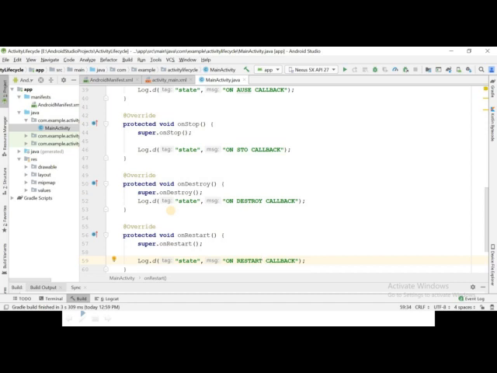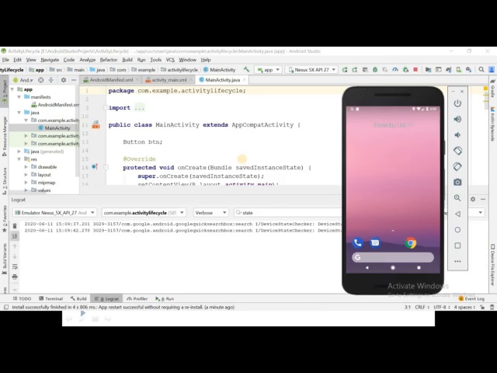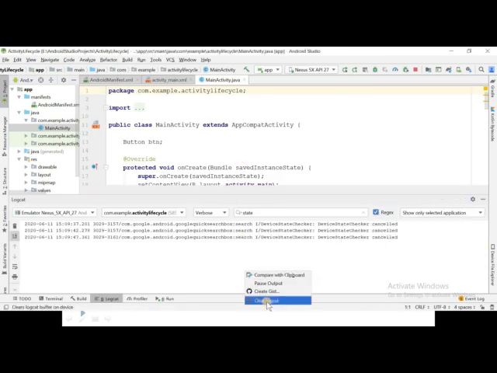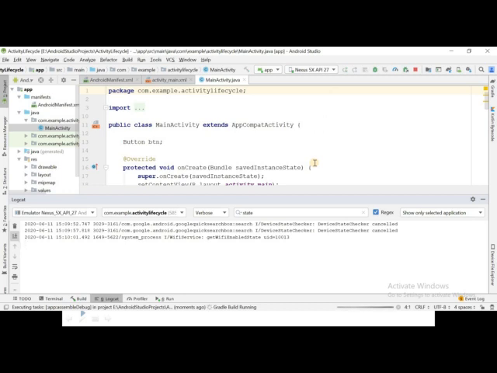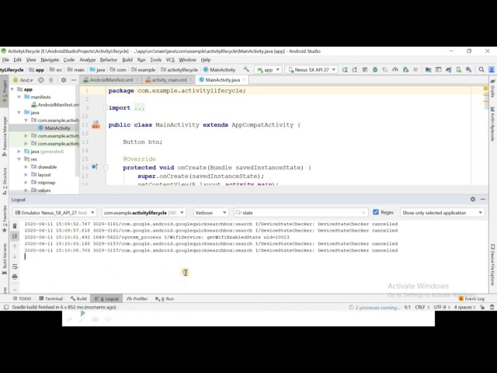After writing these statements inside these methods, and after overriding these methods, let's run our application, and let's see at which state which callback method is called. Let's see how the states are changing and how different methods are called in different states.